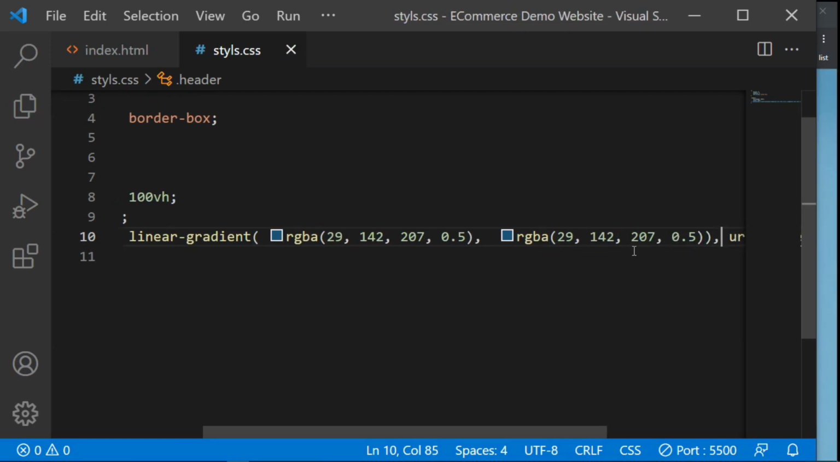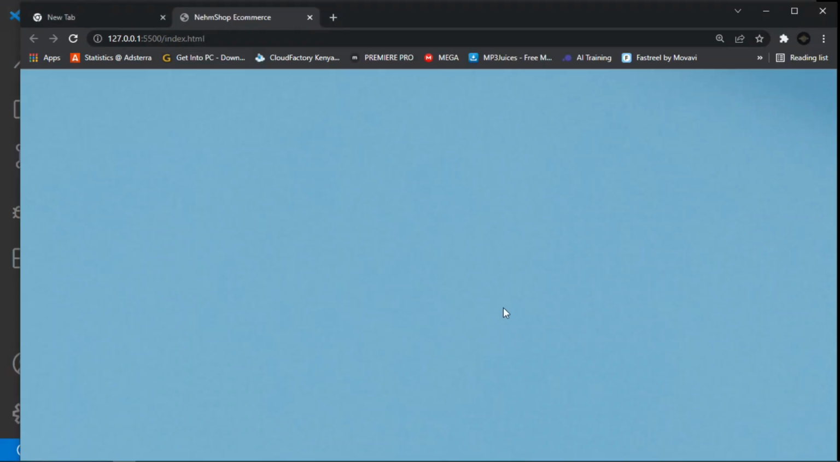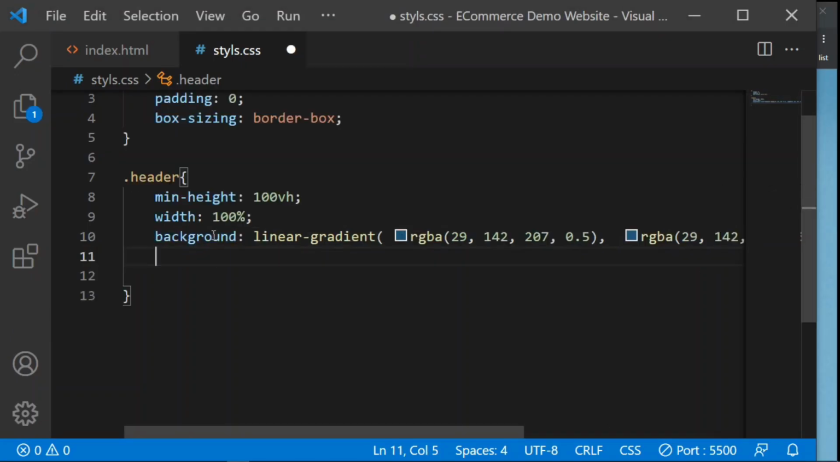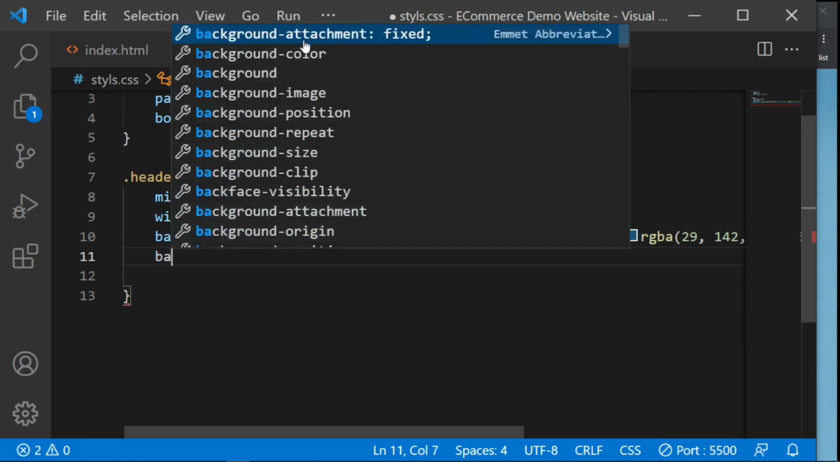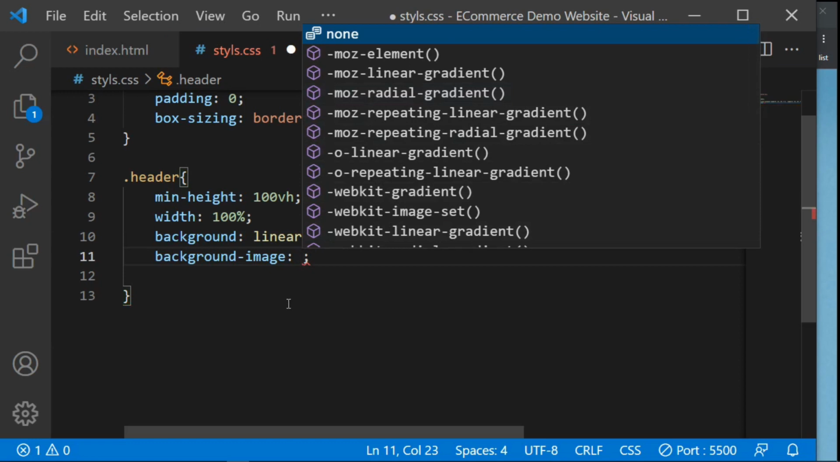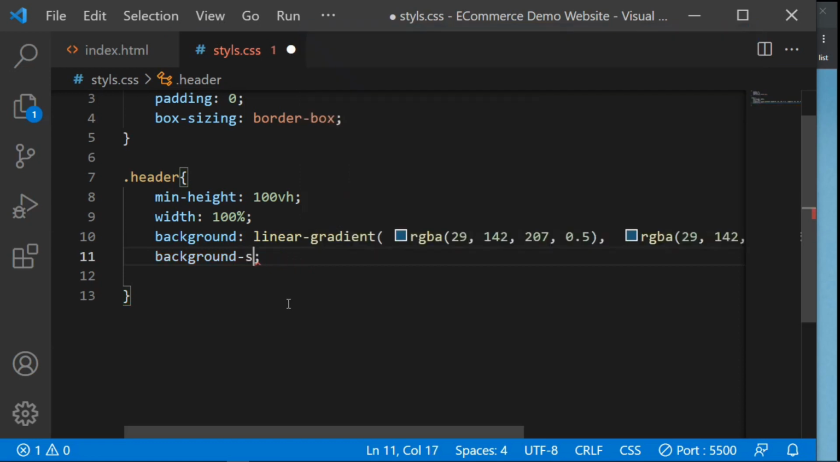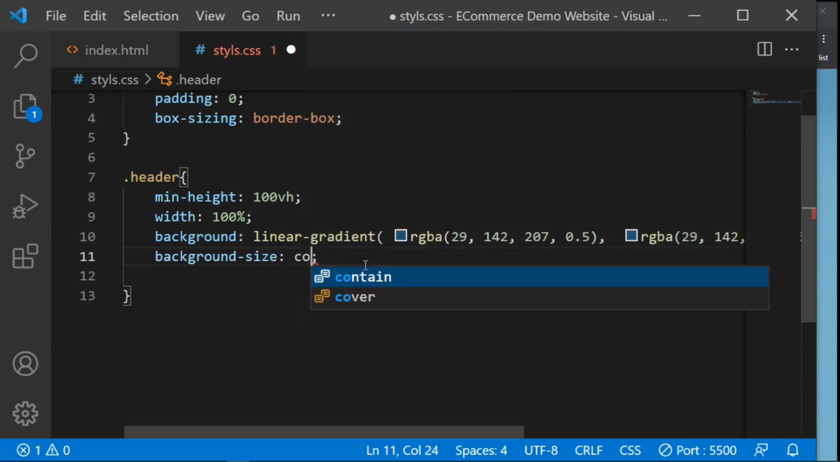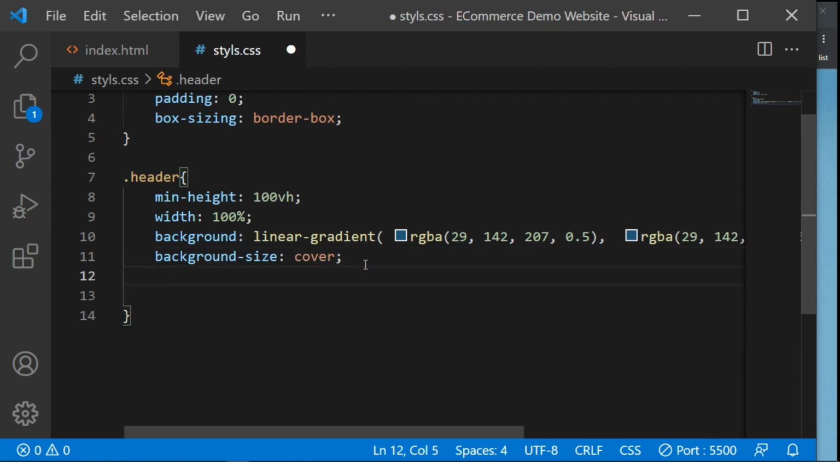And so guys, when you go to the browser, you can see it's not that pleasing. We are going to style it further so that it may be more pleasing. Let's add other styles here so that the background image may be perfect. So the background size, I'm going to give it cover,